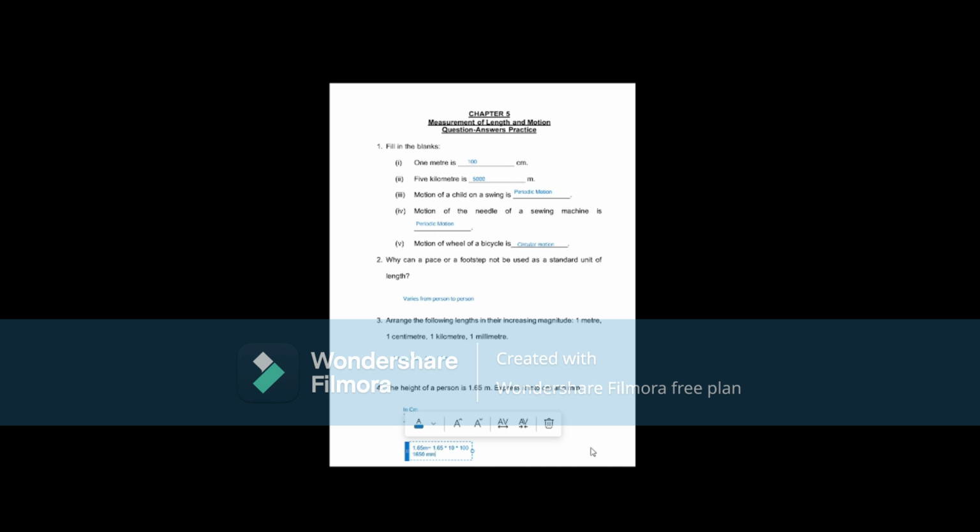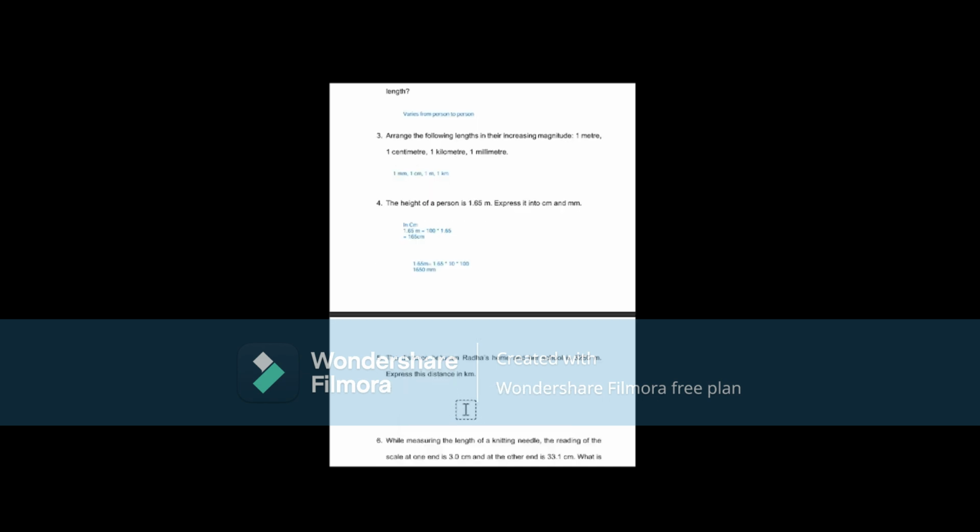1650 millimeter. The distance between Radha's home and her school is 3250 meter. Express the distance in kilometer. So we know that in 1 kilometer there are 1000 meters. So 3250 meter means 3250 divided by 1000, which comes out to be 3.25